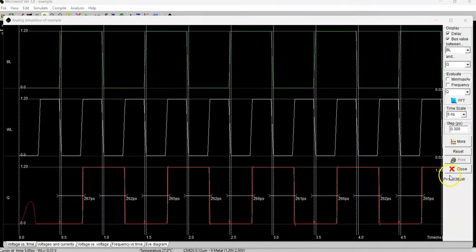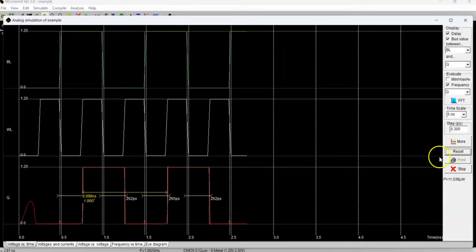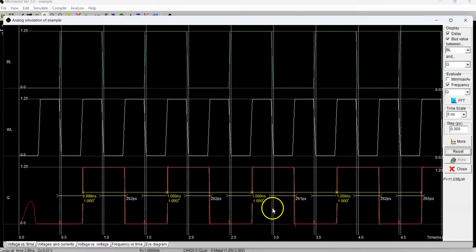Now on this side you can see the power dissipated, that is 11.036 microwatt. You can change the time scale in order to see the compressed or expanded version of the waveform, and you can even evaluate it for the minimum, maximum or average as well as for the frequency. For that you need to reset and simulate it again, so that you'll come to know at what frequency